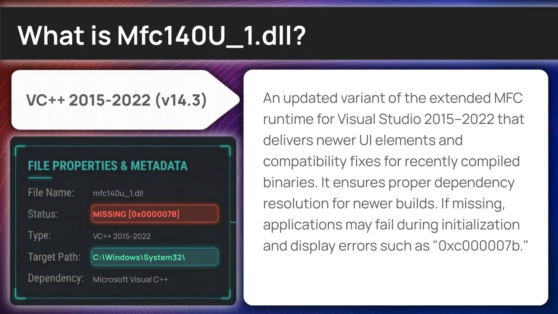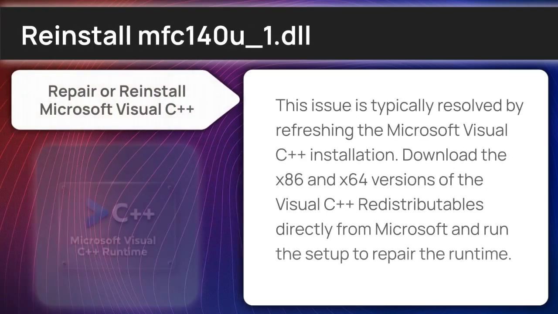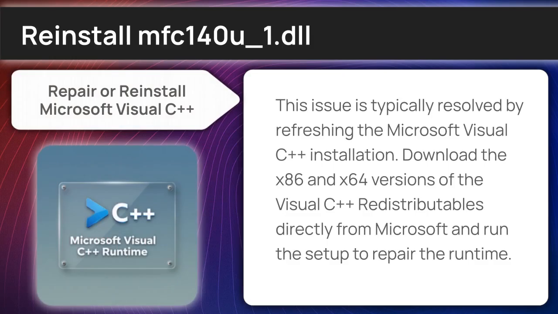If missing, applications may fail during initialization and display errors such as 0.0.0.07b. With the why out of the way, let's focus on getting you running again. This issue is typically resolved by refreshing the Microsoft Visual C++ installation. Download the x86 and x64 versions of the Visual C++ redistributables directly from Microsoft and run the setup to repair